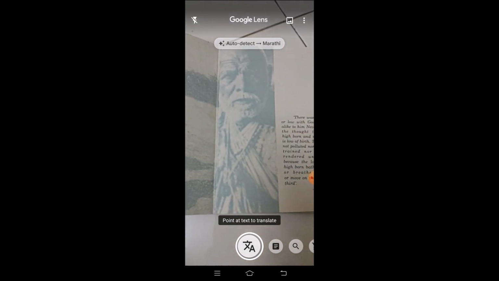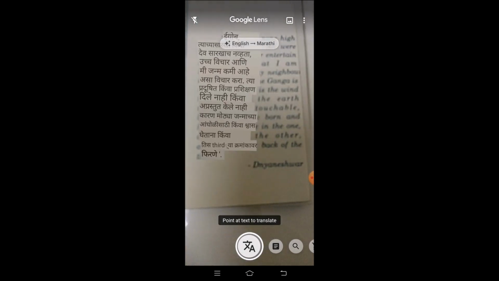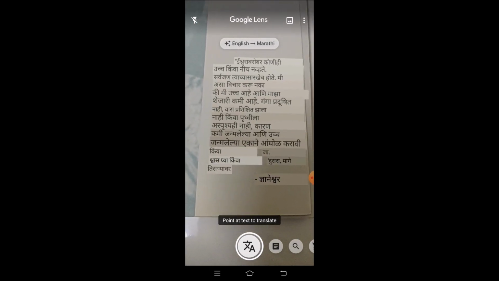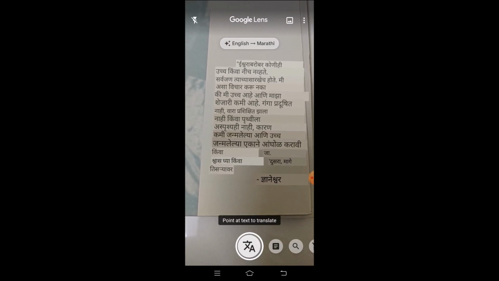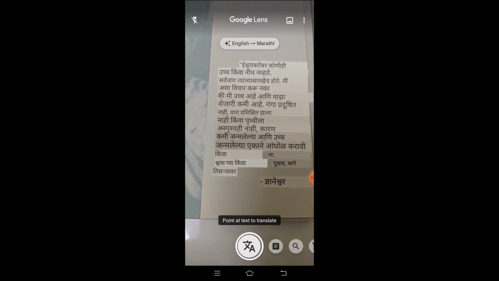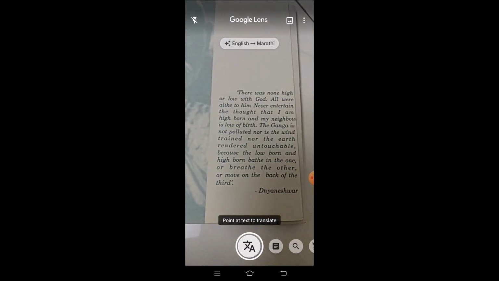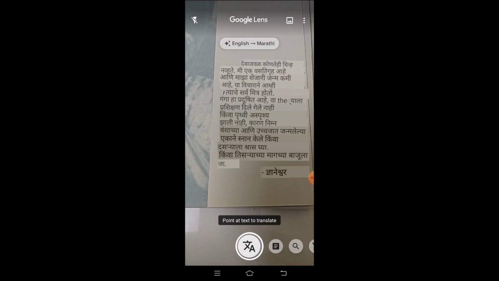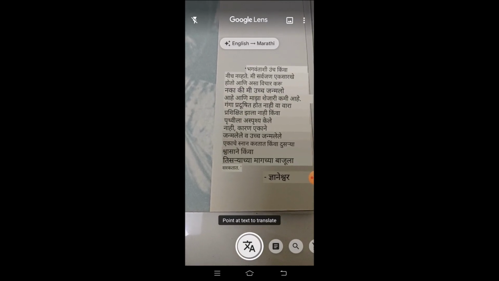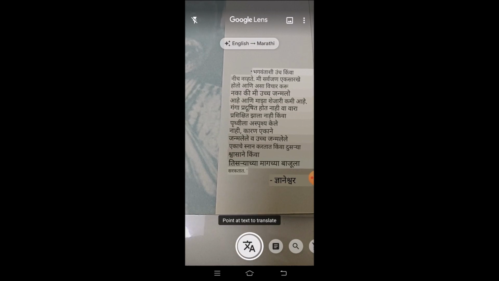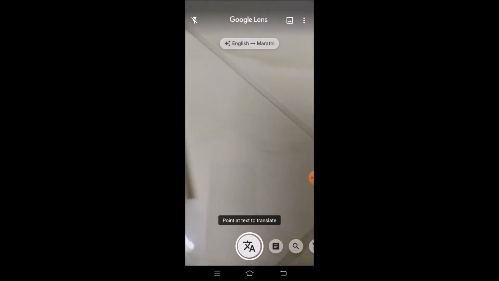Now we'll try to point towards any paragraph which is written in any language. So suppose this is the paragraph which I have taken. It is a paragraph which is written by the great Saint Dhaneshwar. So straight away it has made a conversion, just like it is available in English, and you can watch it is going to make the translation of that into Marathi. Again, some grammatical mistakes might be there within that paragraph, but still it is making the conversion of that text from any language to any particular one. Okay, we'll try to find out for another paragraph also.